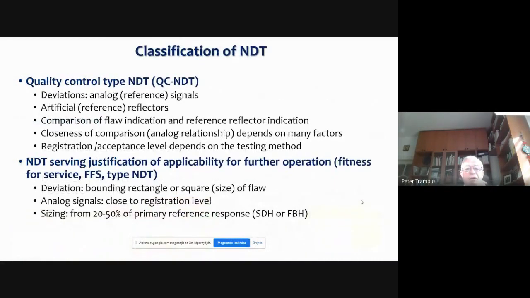If we would like to classify the NDT, we can distinguish between two major types. One is the so-called quality control type NDT, it is a QC NDT, and the other one is the so-called fitness for service type NDT, FFS NDT.